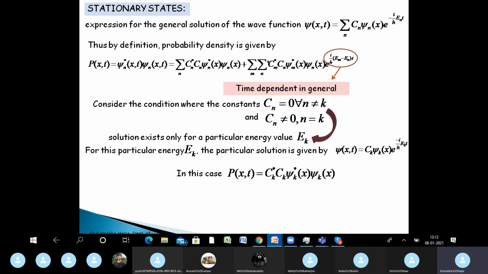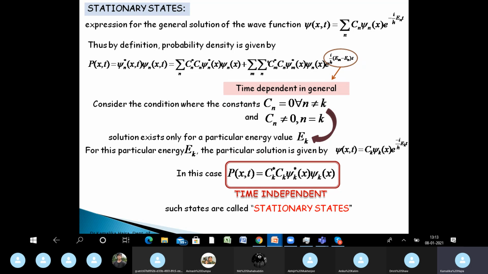And then the probability density becomes ck star ck psi star psi k, because minus i by h cut Ek t and its complex conjugate plus i by h cut Ek t, they cancel each other out, and therefore the probability density becomes time independent. Okay,